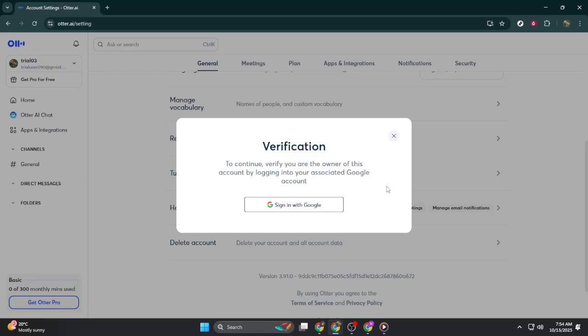After you've clicked on the deletion option, you'll be prompted to sign in again for verification purposes. This extra step ensures the security of your account and confirms that it is you making the request to delete. Enter your credentials and you're all set, and there you have it. Following these clear steps will lead to the successful deletion of your Otter.ai account. Remember, taking the time to go through these actions ensures your personal data is handled and removed appropriately. If this is a step you need to reverse, you might need to set up a new account